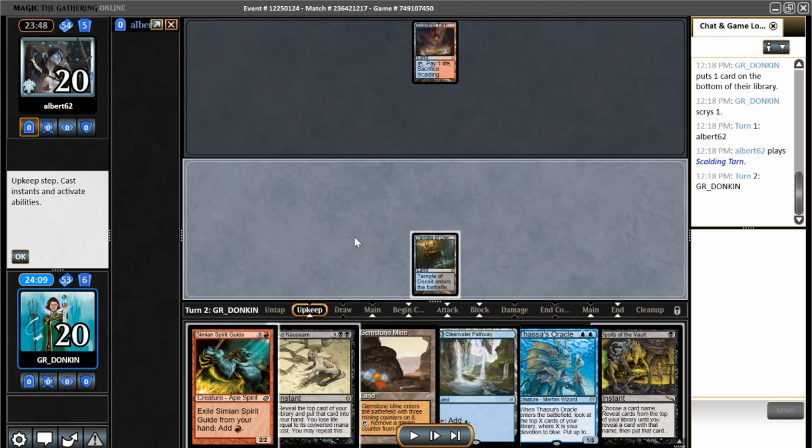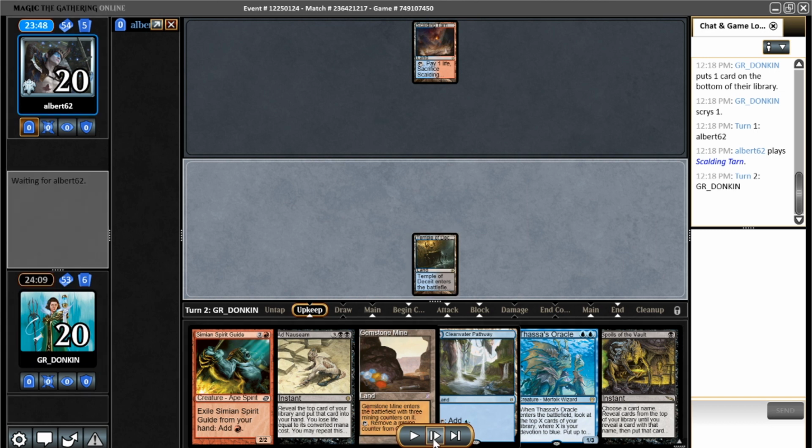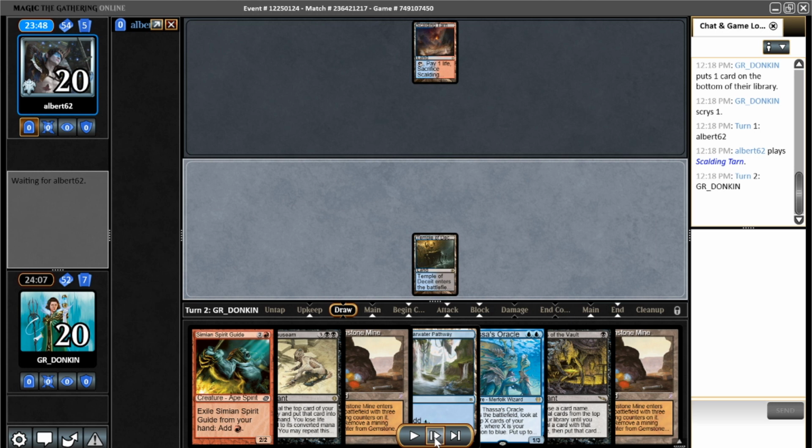All right, they Scalding Tarn and pass. So I'm kind of worried that this is the 4-color Omnath because I honestly don't have a lot of reps against that deck. But we're cool. We're chilling. Draw the Gemstone Mine that I just bottomed. Rigged. All right, so...